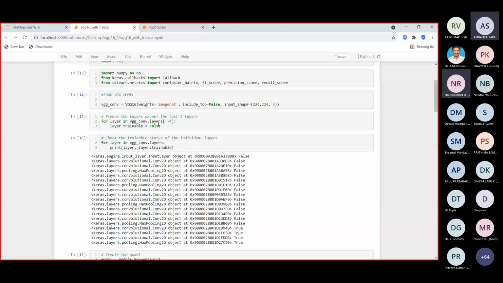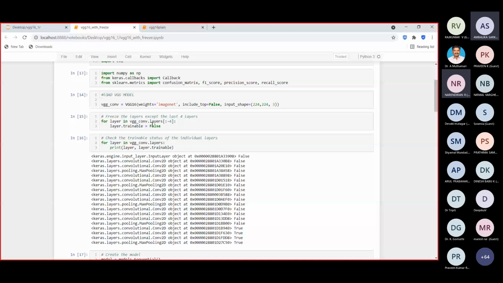So here, if you see the status of the layers, all the convolution layers up to the pooling layer, except the last 4 layers, all are made false. In the freezing concept here, we are only going to train the last few layers and make use of the weights from these initial layers without retraining. Only these last higher layers will be retrained.